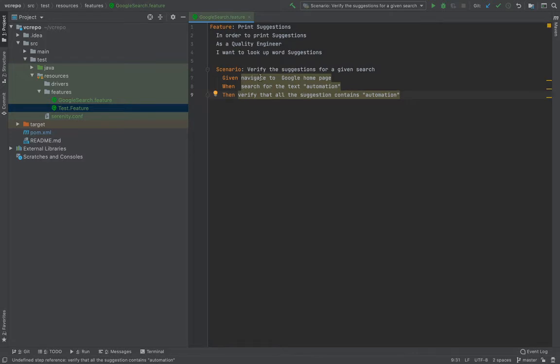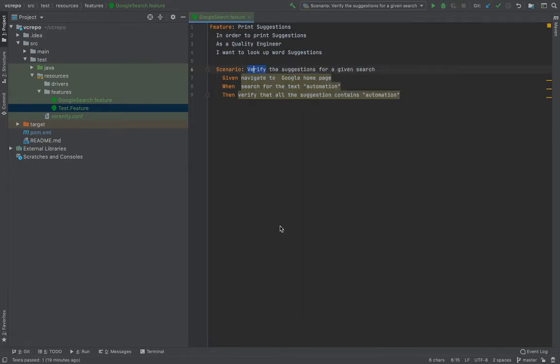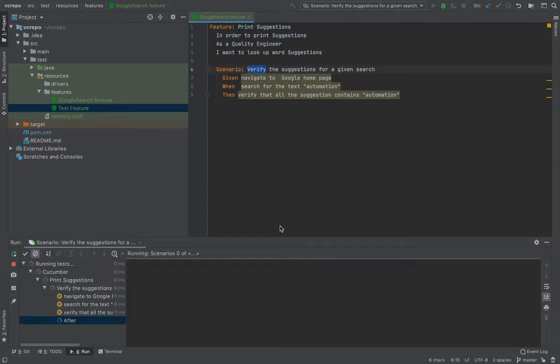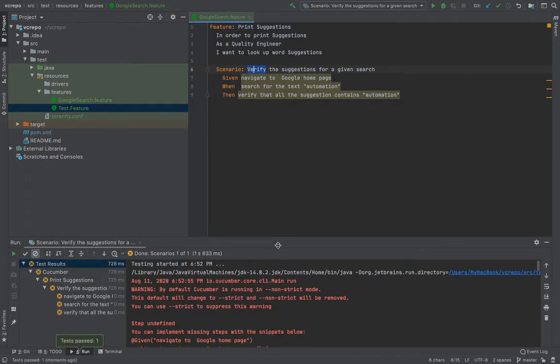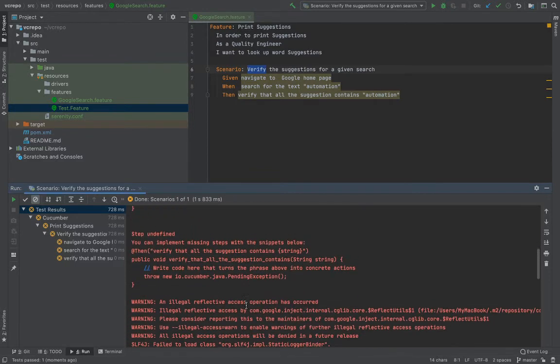Now what we have to do is define these steps. When you go here and run the scenario, let's see what result comes. You can see it will not run and it will mention that steps are undefined. That means we need to now define the steps.